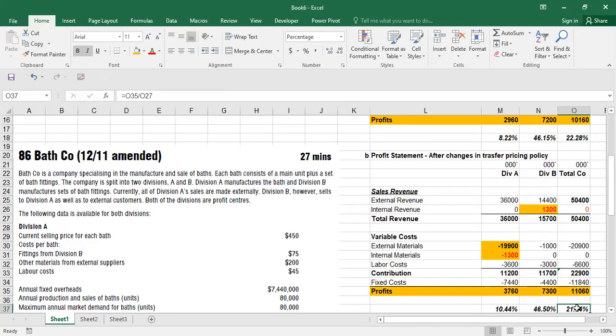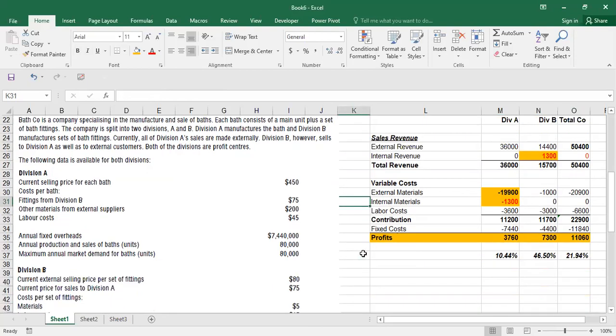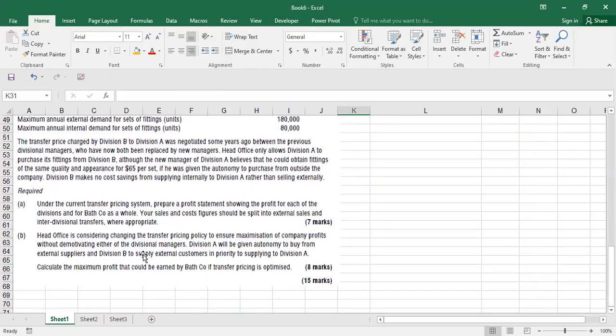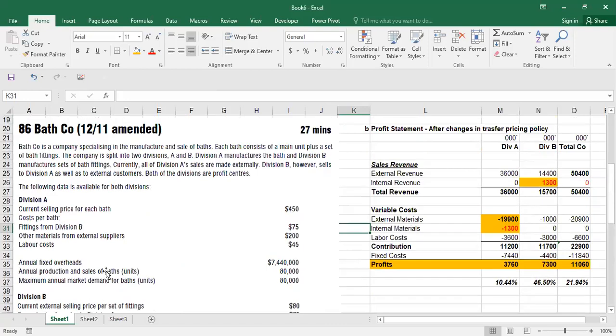So is this transfer pricing policy good? What did they ask us? They did not ask us to recommend something, okay? They only asked us to make this thing. They said that head office has allowed it and to just calculate it after the transfer pricing. If they ask you in part C that should this transfer pricing policy be adopted, the answer is no, it should